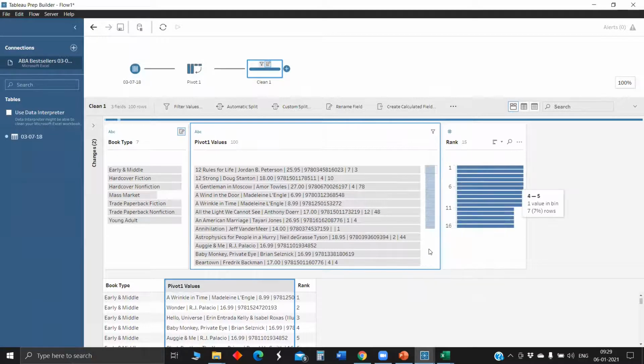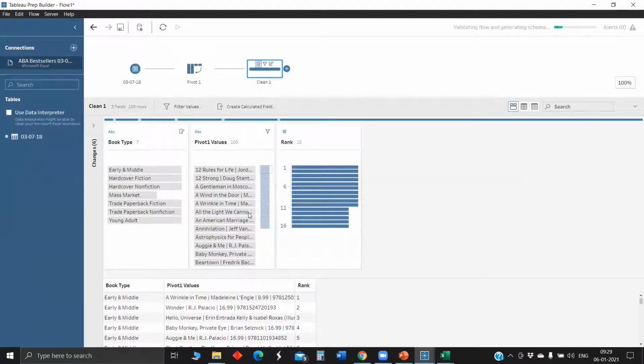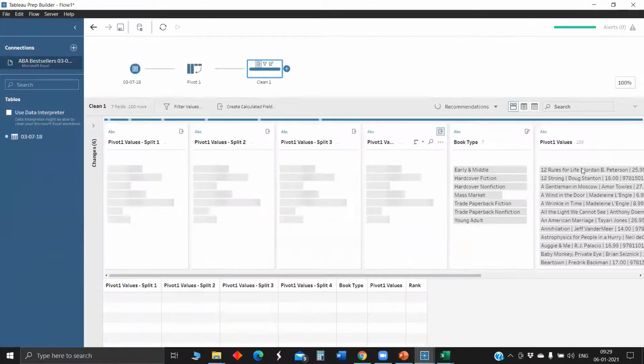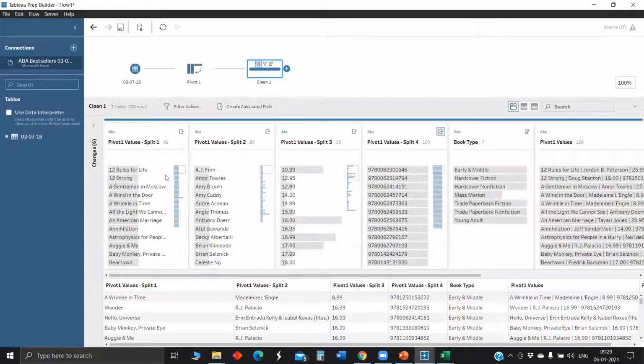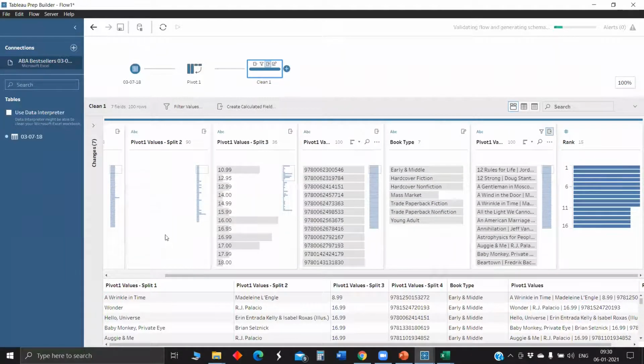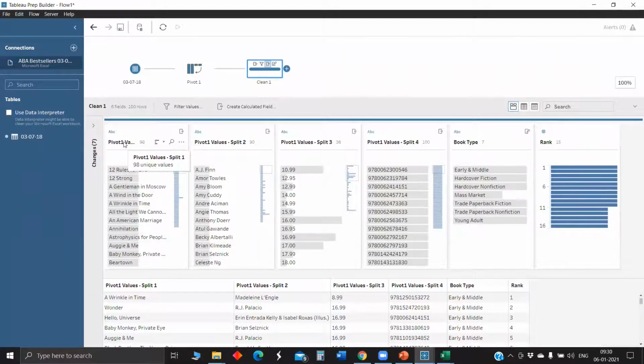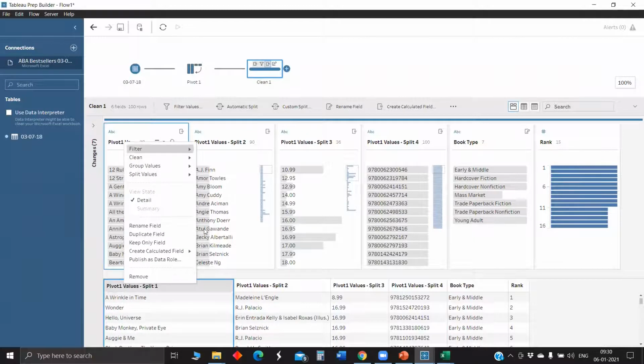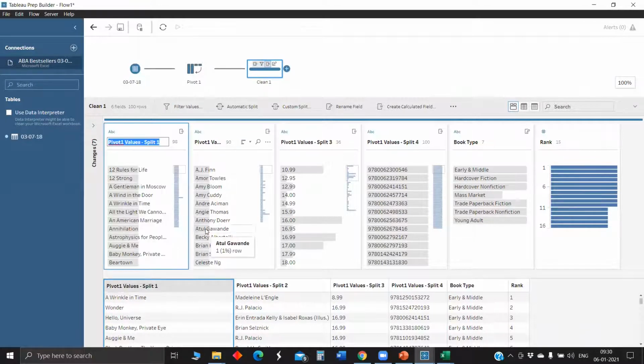If you give automatic split, as we have a delimiter here, a straight line, it will understand that by default and split into n number of values. So now since we have split, we no longer need this parent field, so we can remove the parent field from the data source. And here rename this field as book name.